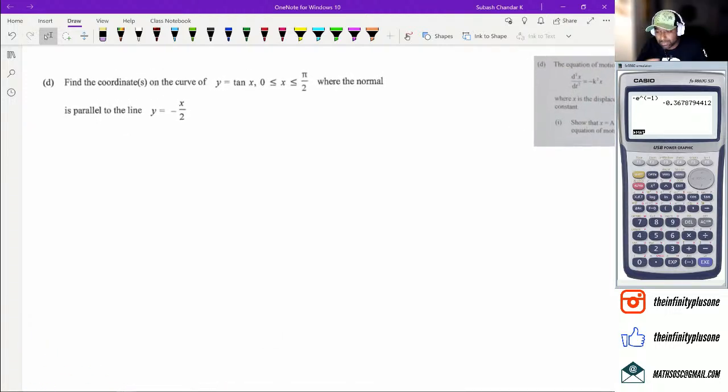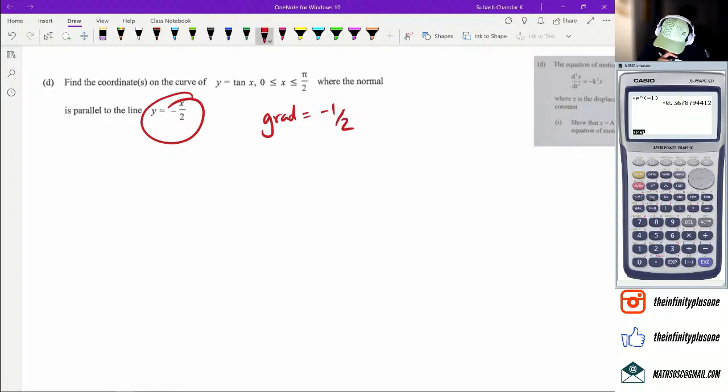There's a couple of these questions I'm just going to skip through because they're kind of repeats of the same one, particularly this one here. Find the coordinates where the normal is parallel to the line y equals negative half. To do this question, just remember that when the normal is parallel to the line, the gradient in this case equals negative half. So it says you've got y equals 10x where the normal is parallel. So the gradient,